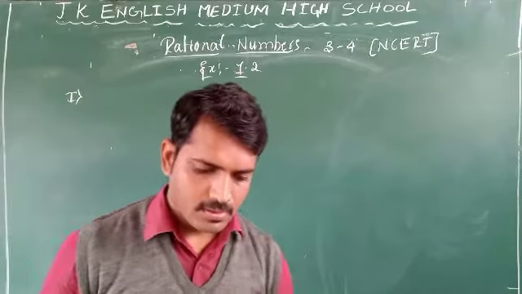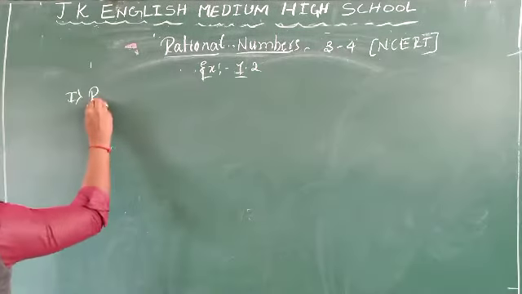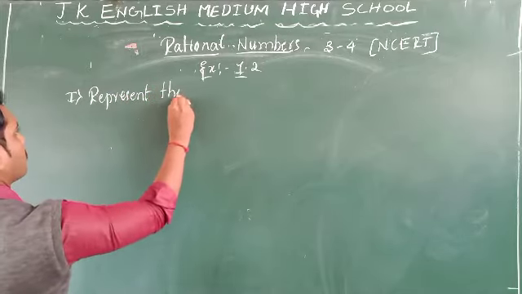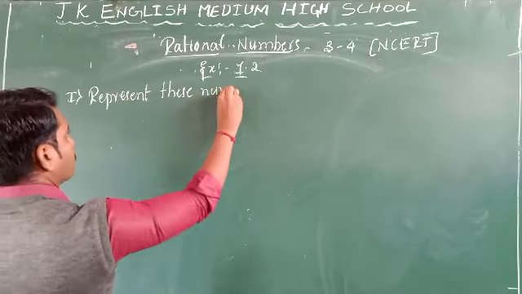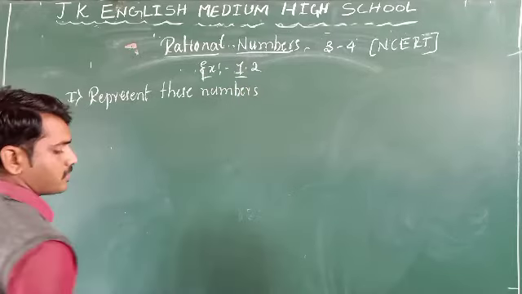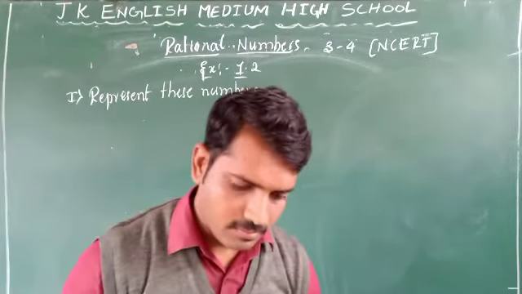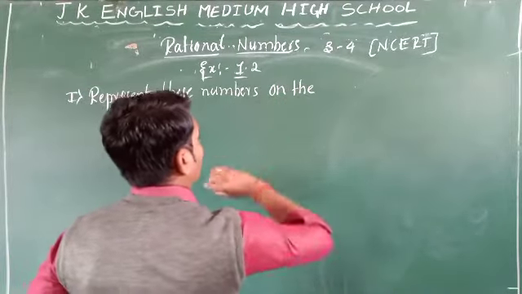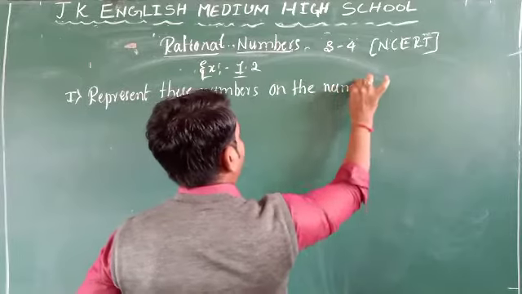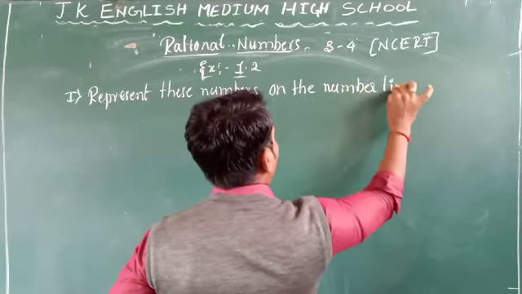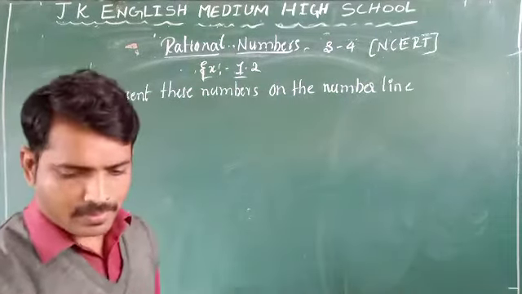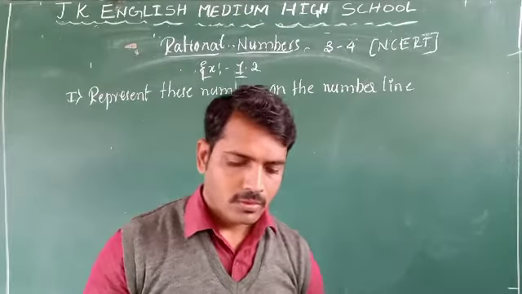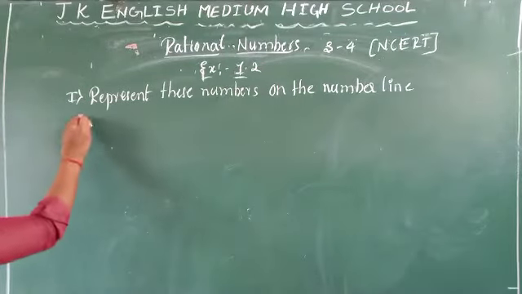Question number 1 is the first main. Represent these numbers on the number line. So we have to take two number lines. The first one, question number 1, is